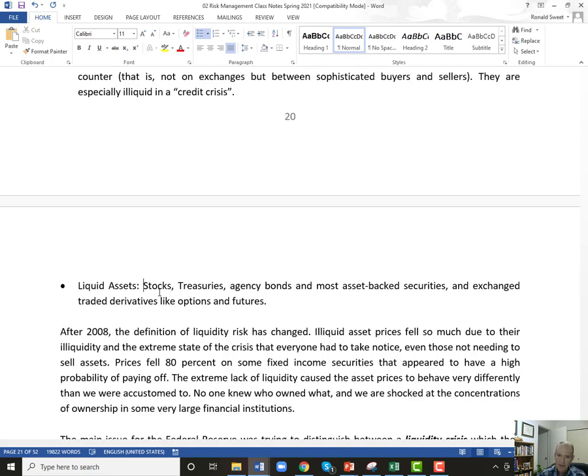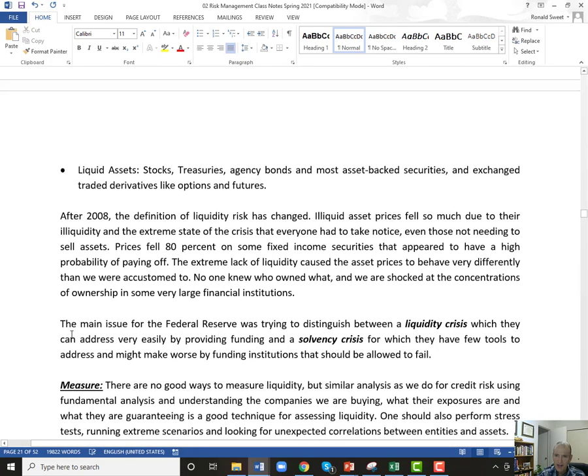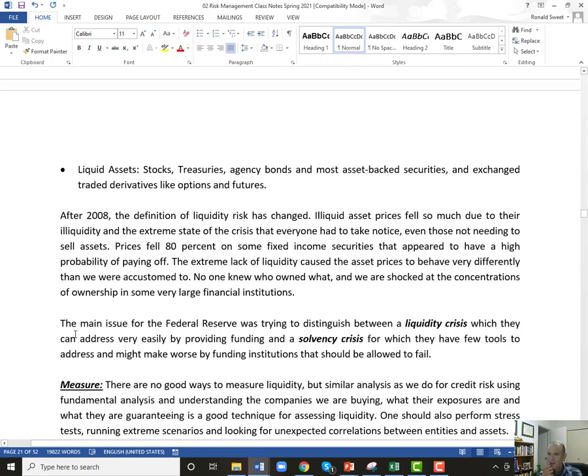And so what does that mean? Well, after 2008, the definition of liquidity has changed. Now you're worried about the impact of a liquidity crisis on your illiquid assets. Even though you may not need the cash, if the bond price falls 80%, you're going to have to do something about that. You can't just say, well, that's just a liquidity crisis. In previous liquidity crises, a bond you thought was worth 96 might fall to 89, which is pretty bad, but you didn't have a bond you thought was worth 96 falling to 20.